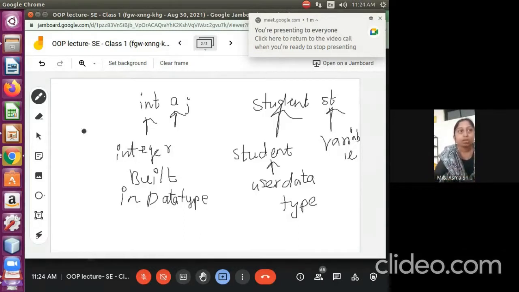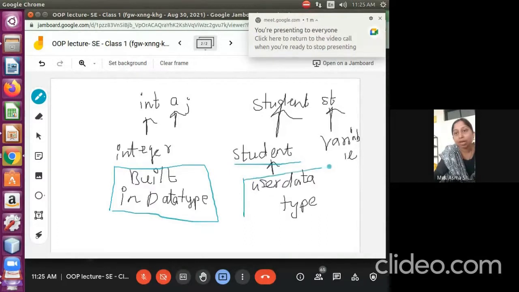So integer is a built-in data type. Here student we have created, so it is a user defined data type. And st is working as a variable name, student is my class name.